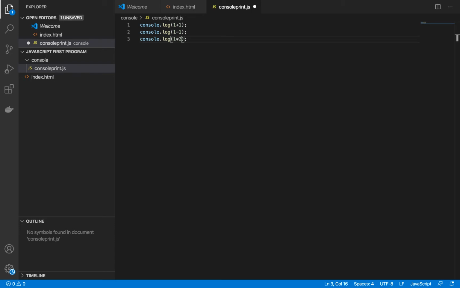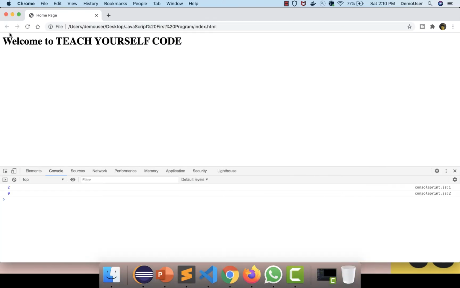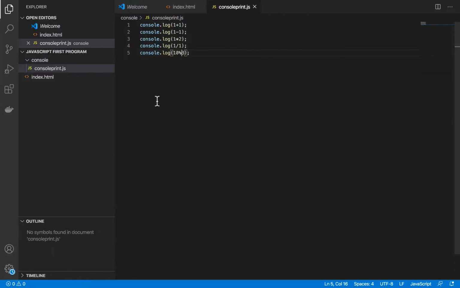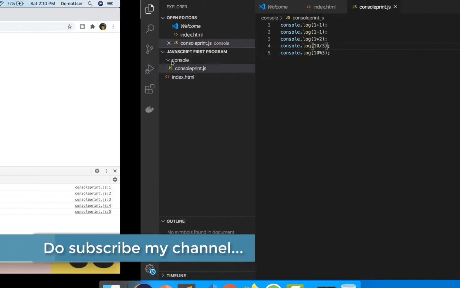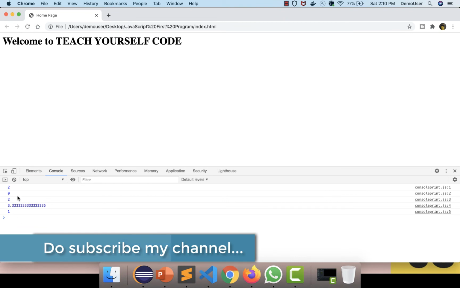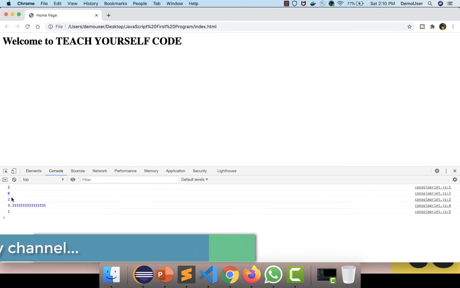multiplication. Let's say I'm multiplying this with 2, and I will do a division operator, and I will try with, let's say, 3 with a remainder operator. Hit save. I'll just refresh it and you can see the result. So you can see over here, or give me a minute, I'll just make it proper. Yes, now I'll refresh it. So you can see now all the operations have been performed and the console log is shown